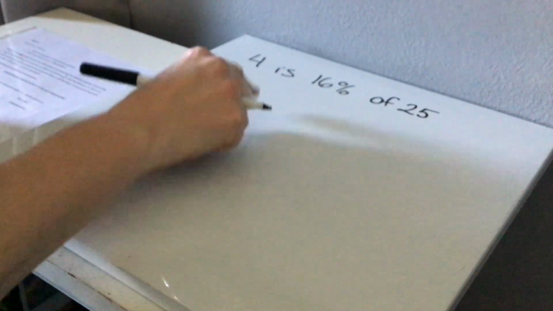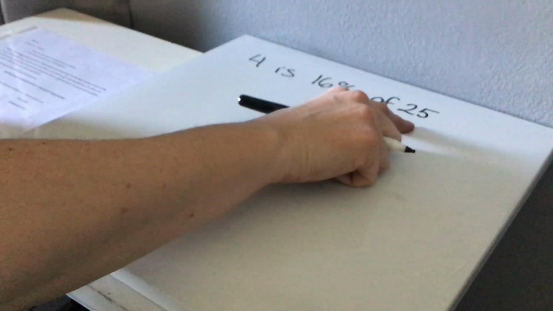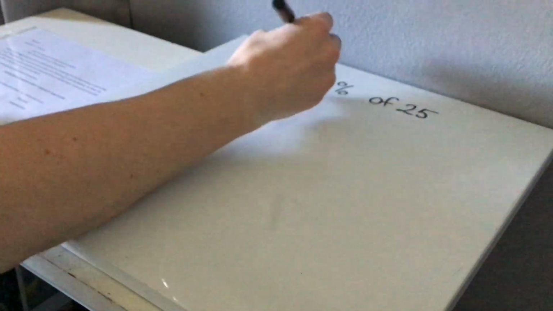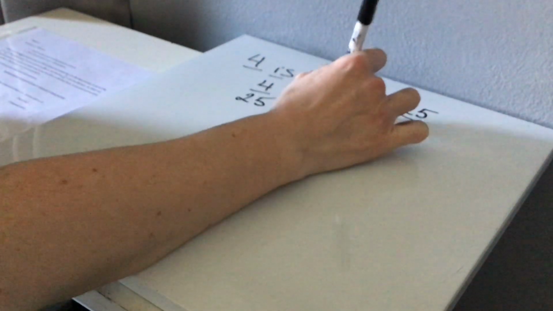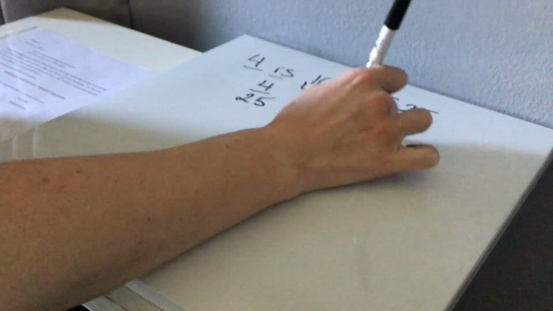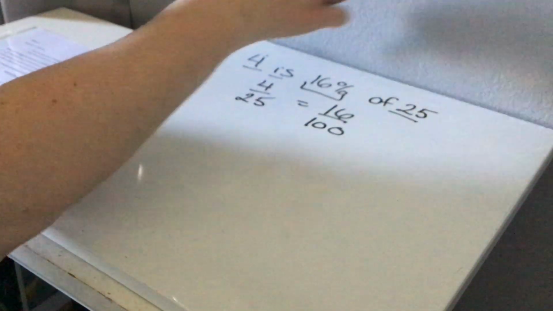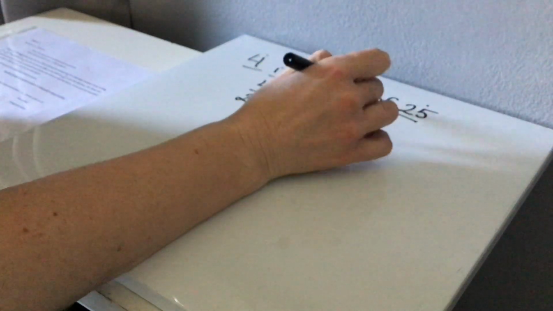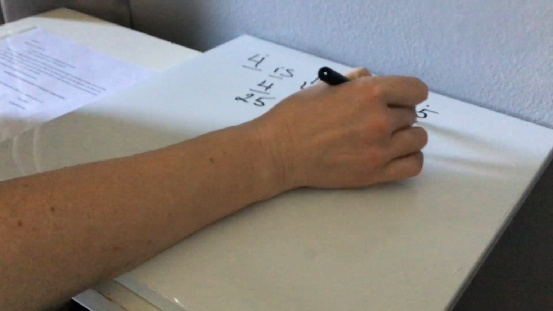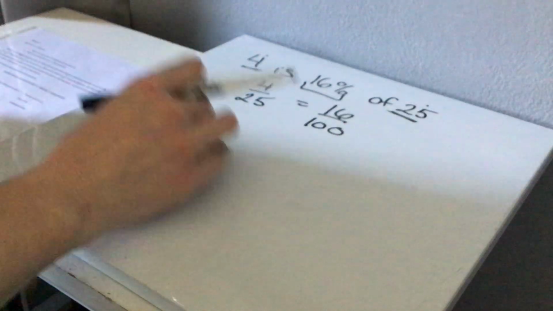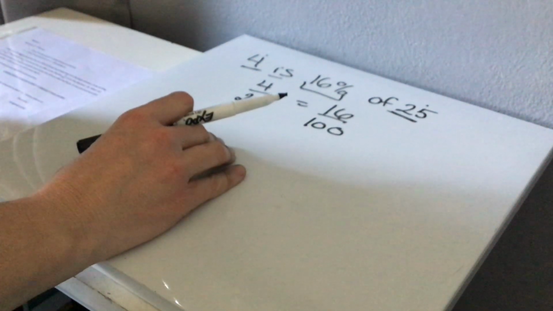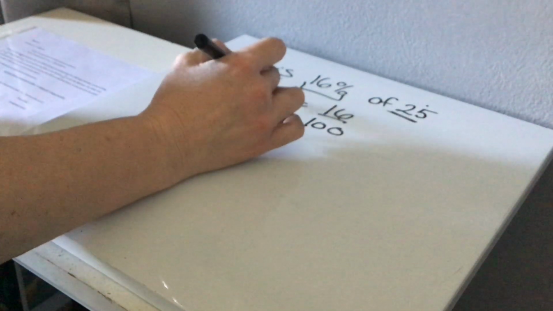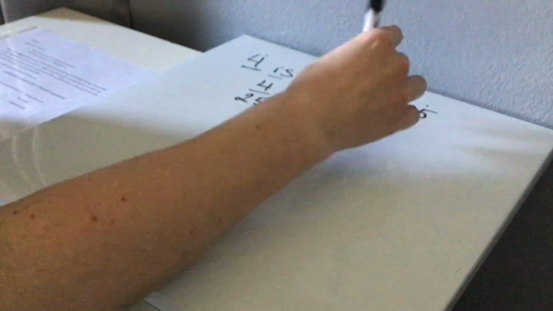You're comparing 4 to the base of 25 by writing the proportion. Percent is its own ratio, so 16 per 100. You're comparing the number to the base. The percent of a number, this is your denominator, and this is your numerator. The number that is something is the numerator. So it means that 4 over 25 can be written as 16%,